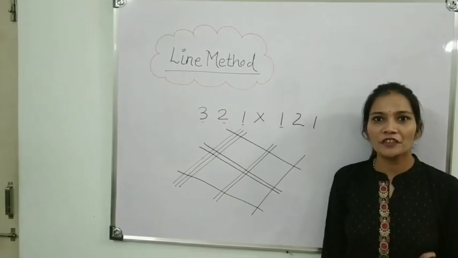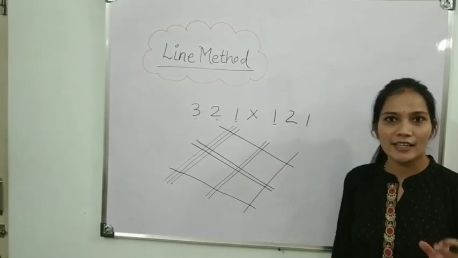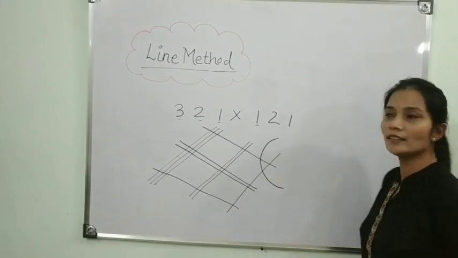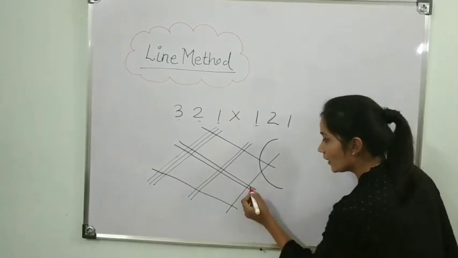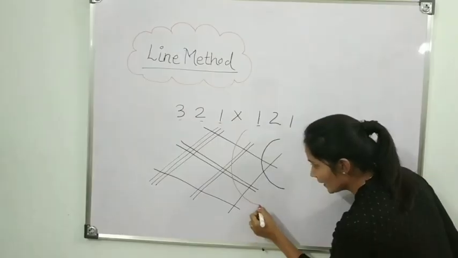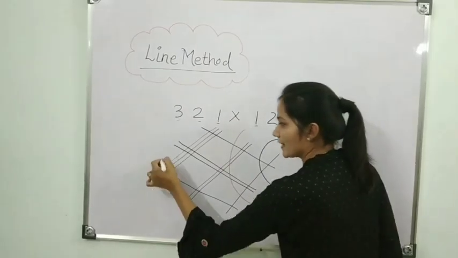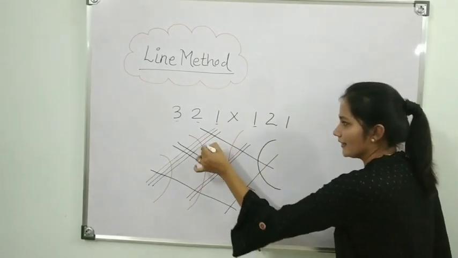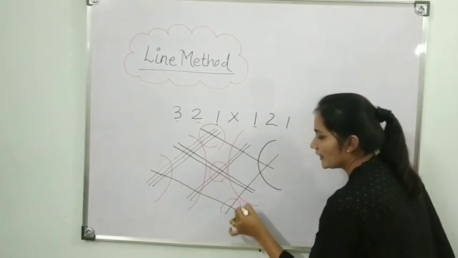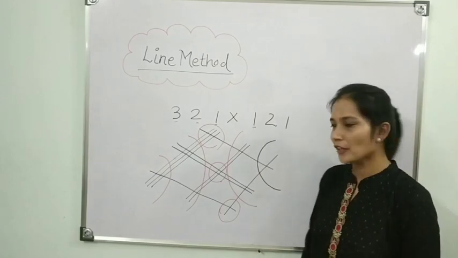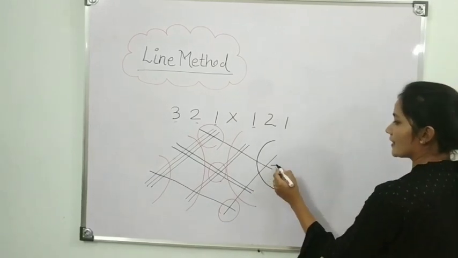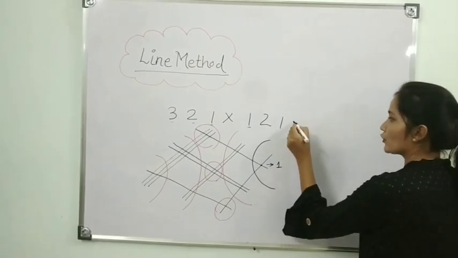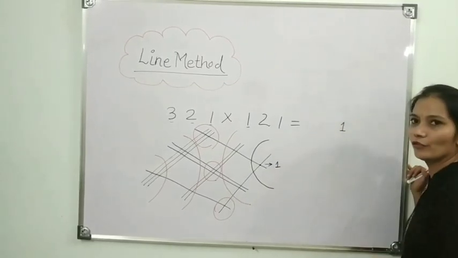Now what do we do? We take the intersection parts. On the right hand side, this is the intersection. Then again, these 2 lines are the intersections. On the left hand side, this is the intersection and this is the intersection. And this is the middle intersected part. Now at the left hand side, how many points is it intersected at? Only 1 point. So we will write here 1.